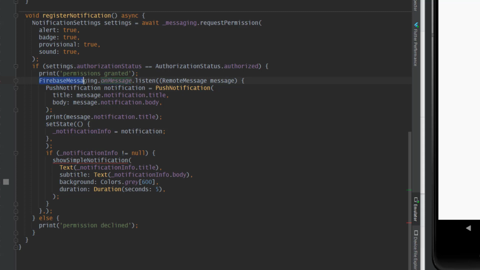So we say Firebase messaging dot on message dot listen. It's going to listen for any incoming notification, and we define a message and we define push notification that we created based on the class in the other file, and we define the notification variable and we assign the title and the body inside this message to our notification variable. And then we print the title and we set state,